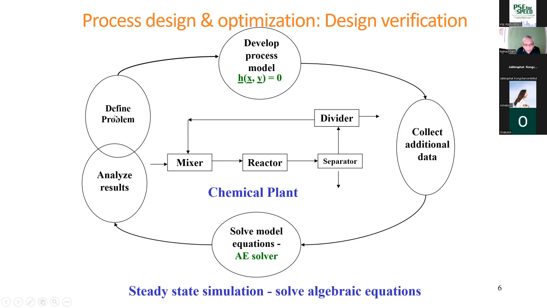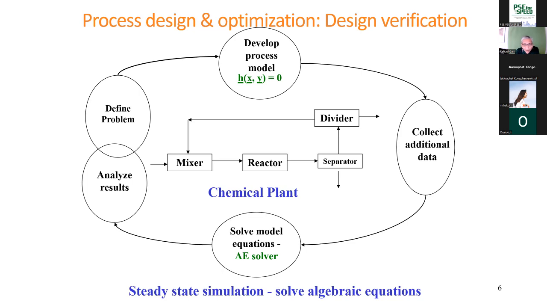So we define the problem, we retrieve the process model, and then, because there are many other variables in the process model, like the chemical data, the catalyst data, all of these things, we have to collect all the data. Once we have defined the problem, retrieved the model, collected all the data, then we are ready to solve. And after we have solved it, we then analyze the results to see if there are any hotspots and if the process needs to be improved. So that's, in a very simple way, the design and the simulation.